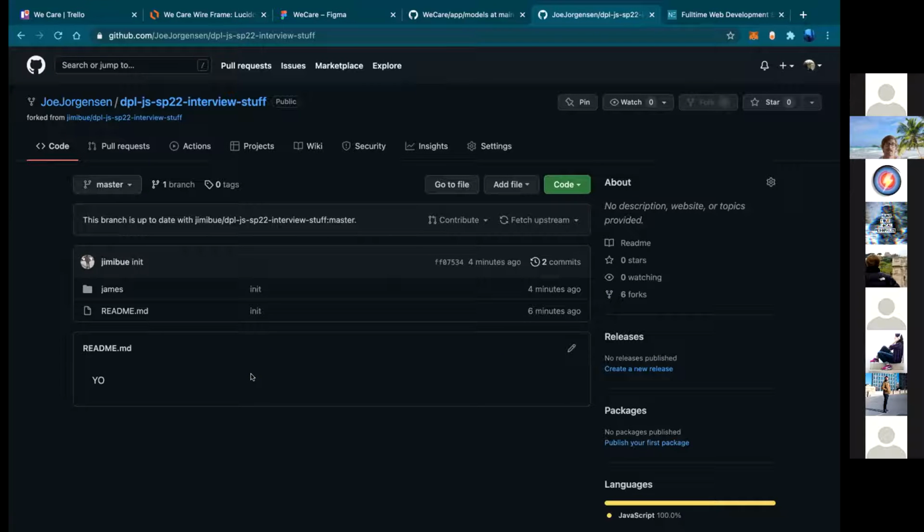Sweet. So now you have this. Now this is a separate repository. You've cloned it from mine, or you forked it from mine. But now let's say you want to get this on your computer. So now you're going to